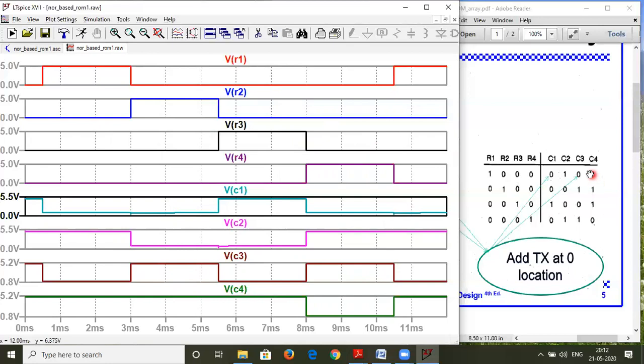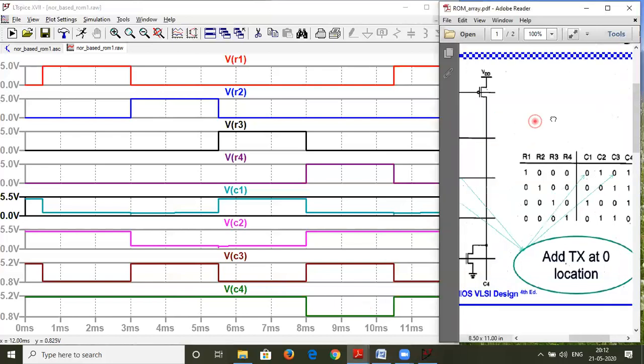And the corresponding column is 0, 1, 0, 0, 0, 1. So it is over here, 0, 1, that is column 3, 0, 1. So that is correct. And the last is C4. So the fourth row is having 0, 0, 0, 1. So this is my fourth row, 0, 0, 0, 1. And the corresponding column will be 1, 1, 1, 0. So let us check that. 1, 1, 1, 0. So it is absolutely correct, no problem with it.